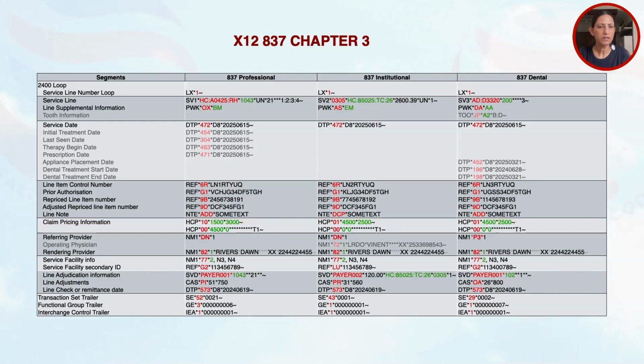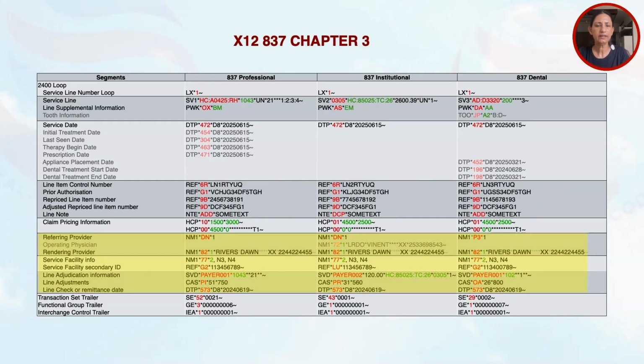In cases where the repricer is unable to reprice the line, the HCP segment is returned like this, or it's returned like this. Some repricing companies return allowed amount equal to bill charge, like I have shown in the 837P example here, or you see in the 837I and D example, some may return with allowed and savings equal to 0 because no repricing happened. And HCP13 carries the rejection reason code.